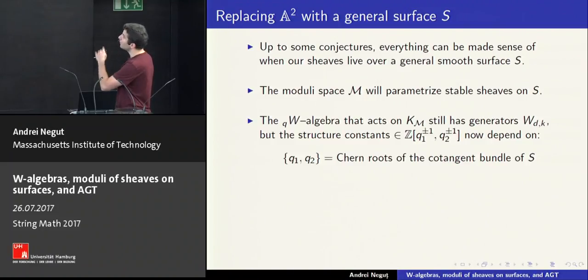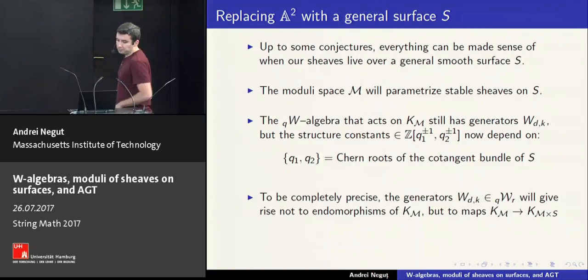It has the same kind of generators as before, WdK, but the structure constants of this algebra, which before were just polynomials in two parameters Q1 and Q2, now depend on Q1 and Q2 being, as Andrei said, Chern roots of the cotangent bundle of S. So instead of the equivariant parameters, which do not make sense anymore for a general surface, you replace them with the Chern roots of the cotangent bundle. So to be completely precise here,